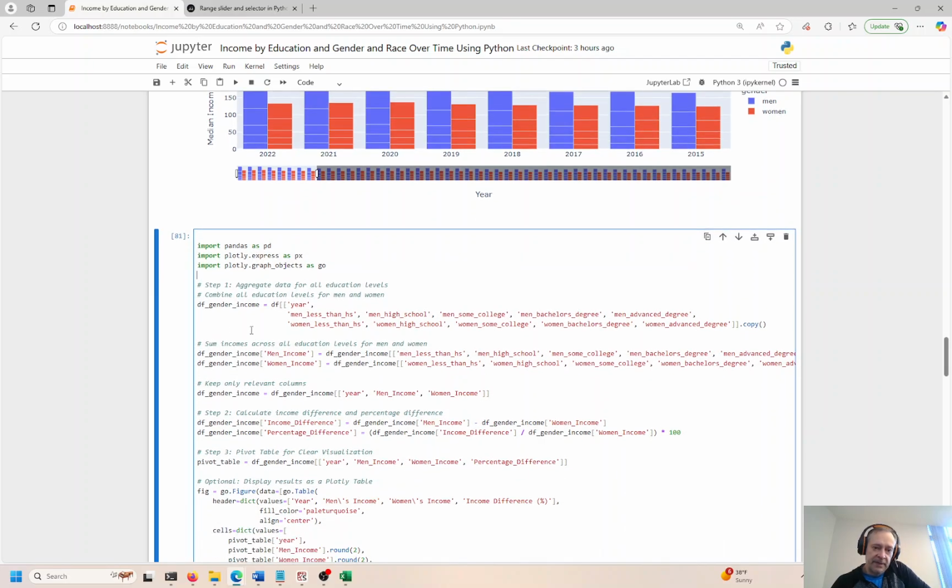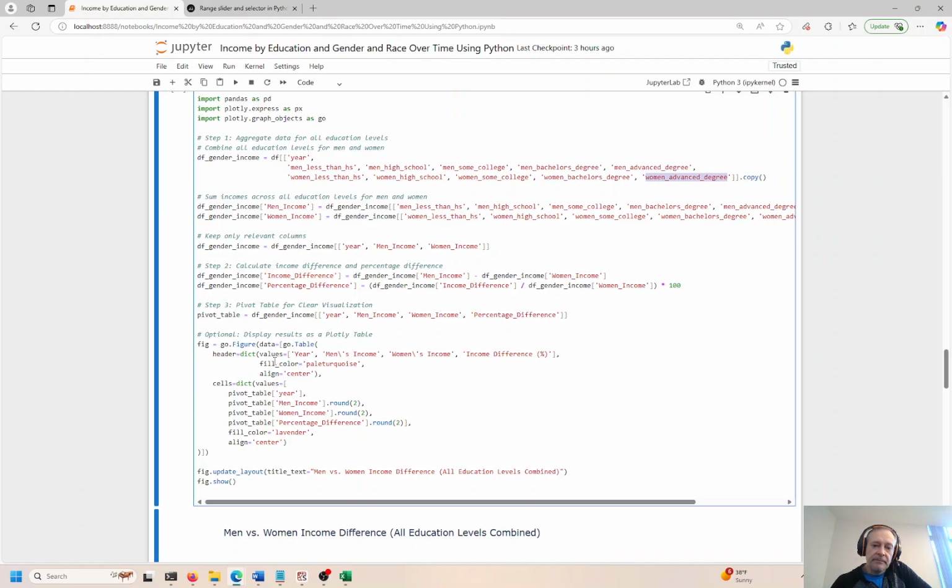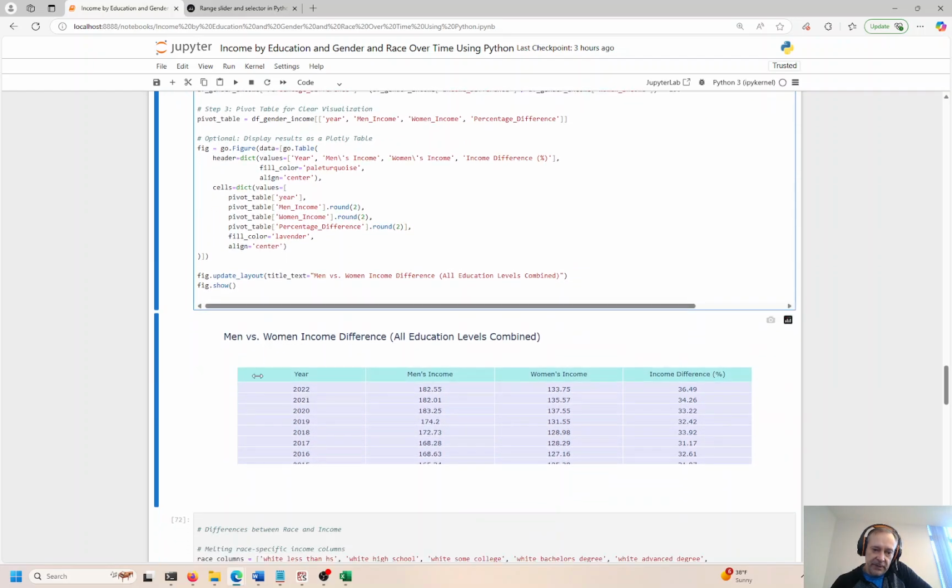You can call it either one. So again, we have to assign these columns right here: men less than high school, men high school, some college, women, so on and so forth, women bachelor's, women advanced degree. We're going to go ahead and pivot that and get what we need in this view down here. So 2022, we have 182.55 men total income, women total income 133.75, and men on average for 2022 earned 36.49%